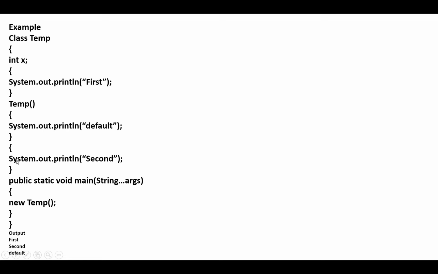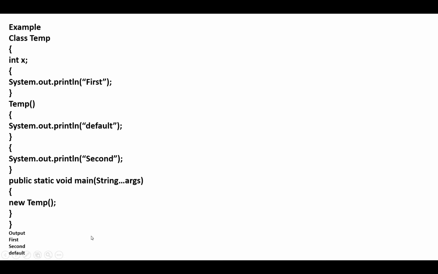Then the line System.out.println second comes here. Then the default line comes here. This is done by the compiler in the background. System.out.println first and System.out.println second come inside the constructor, which is done by the compiler. The output of the program is first, second, and default.